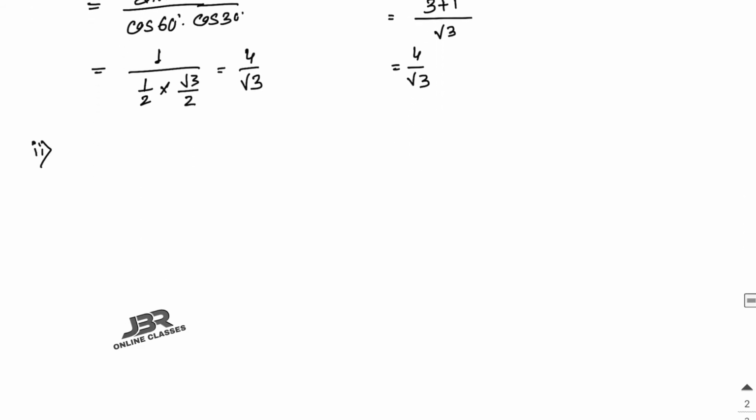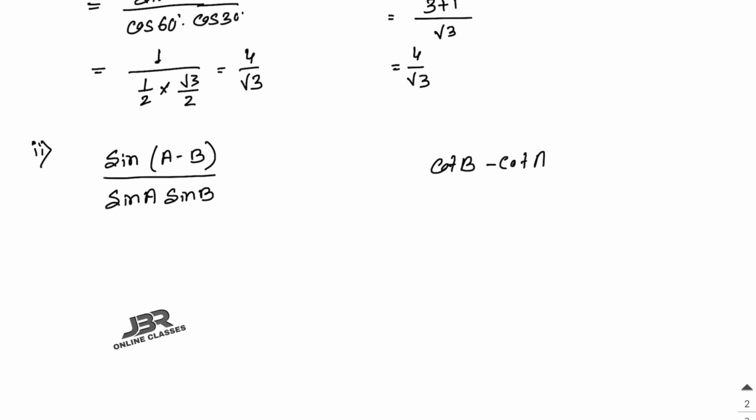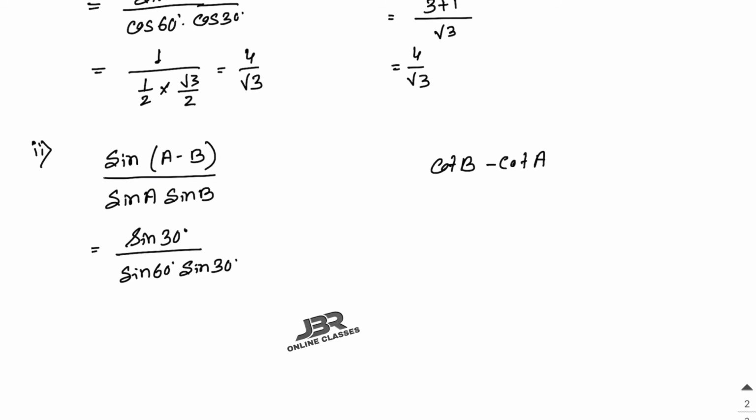So for sum number 4(2), here also A equal to 60, B equal to 30. That means here sin A minus B and then divided by here sin A, then sin B. You have to prove that that one equal to cot B minus cot A. So as here A equal to 60, B equal to 30. So A minus B means 60 minus 30, and that one equal to here sin 30. Now next sin A, that means here sin 60 and sin B, that means sin 30. Here cot B means here cot 30, and cot A it's cot 60.